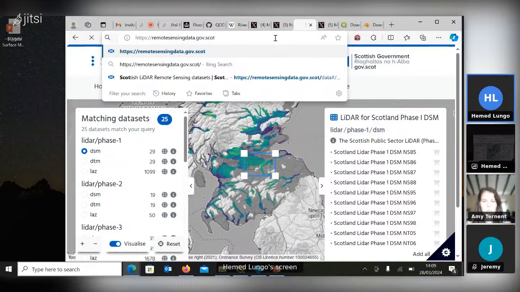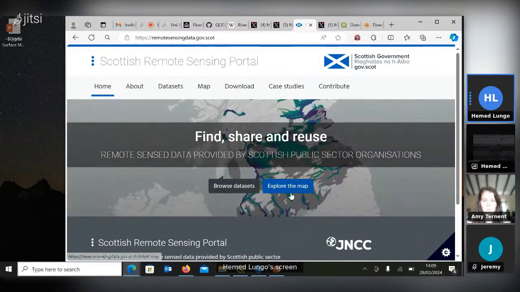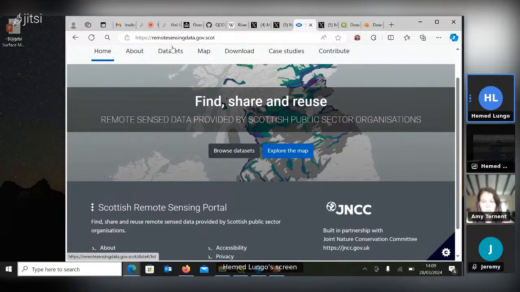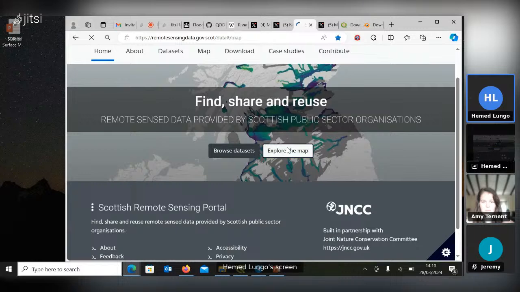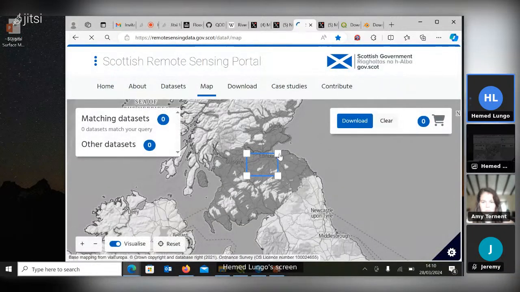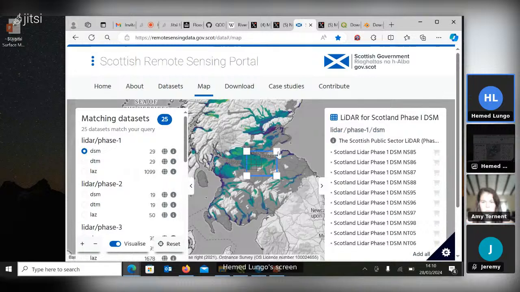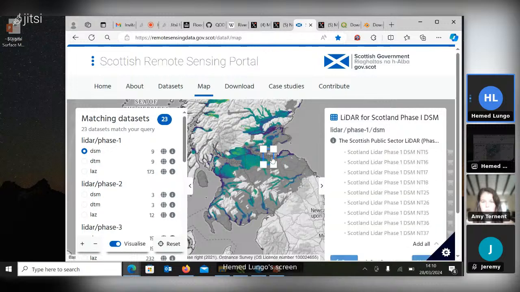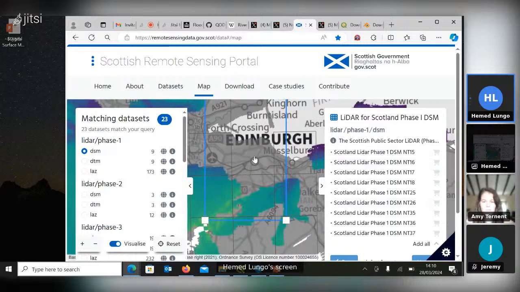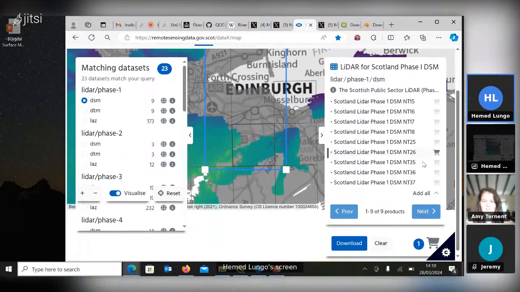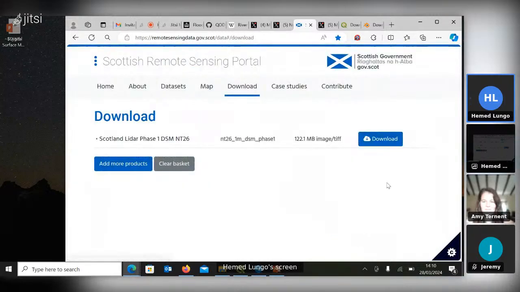Okay. So it will start like this when you open it, remote sensing data.gov.scot, and then you press explore map, and then you go to your area of interest. It's limited only to Scotland. So it's Edinburgh, let's say. You zoom out to Edinburgh, and then you select a tile. Let's say this tile or this tile. You can select any tile, and then after that, you scroll down. You go to download,